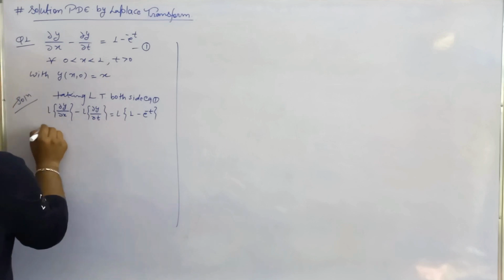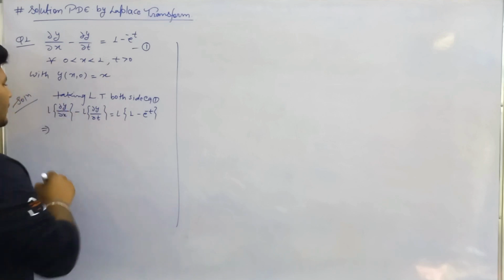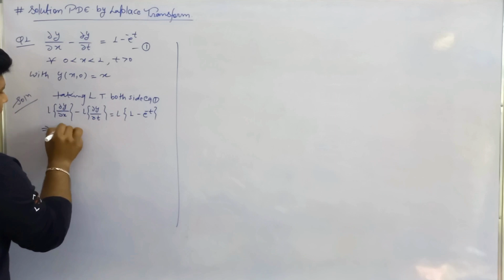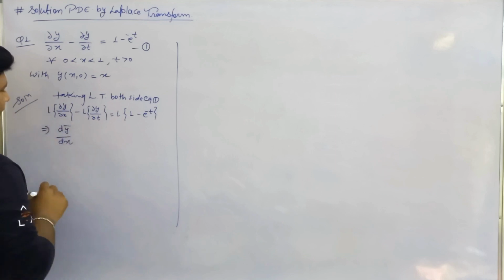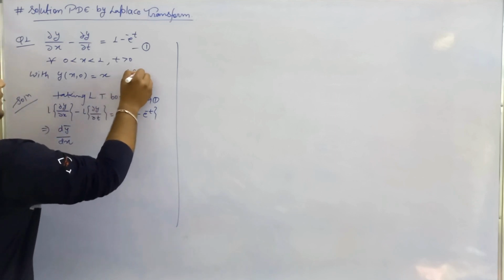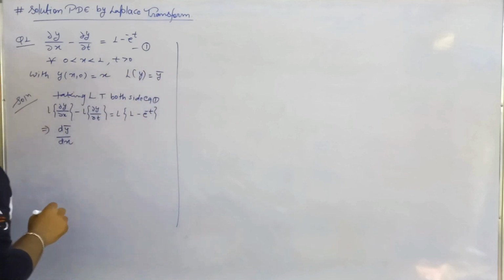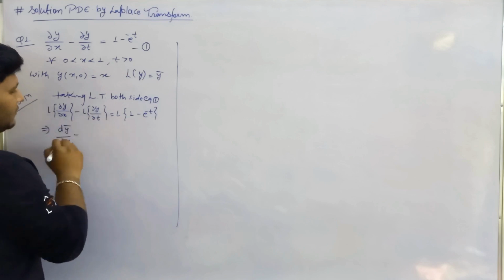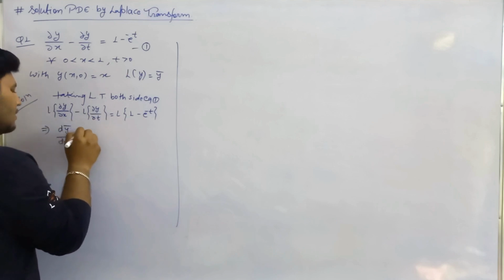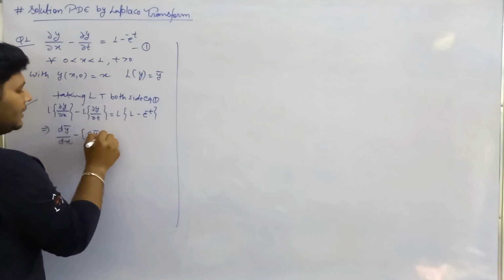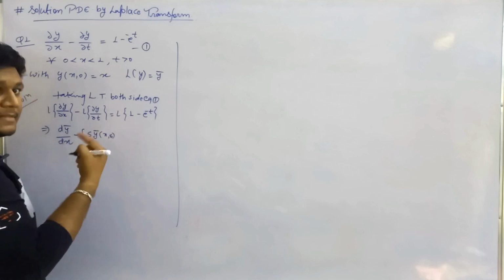The Laplace transform of del y over del x is nothing but d y bar over dx, where we let the Laplace of y be y bar, minus the Laplace of del y over del t, which is nothing but s y bar,